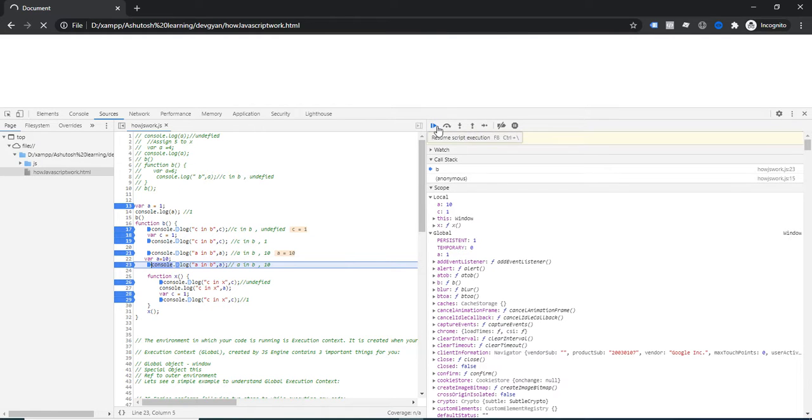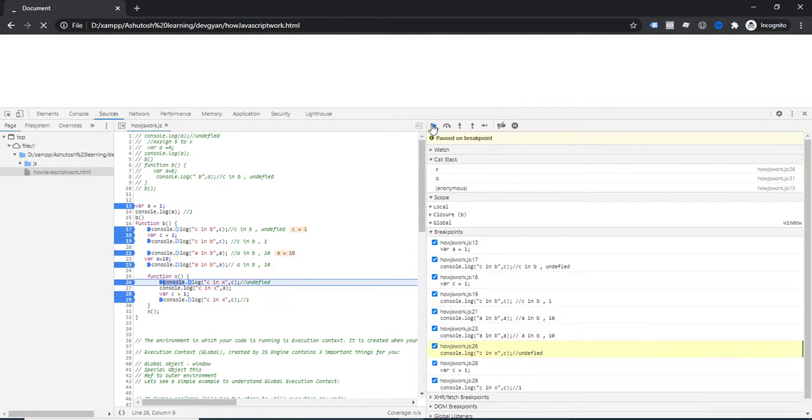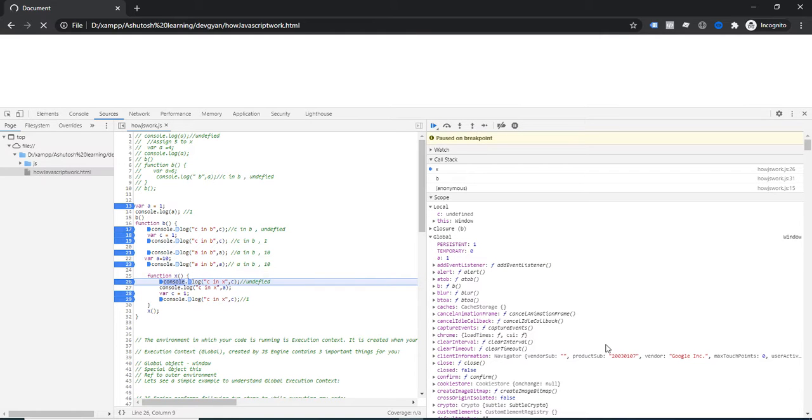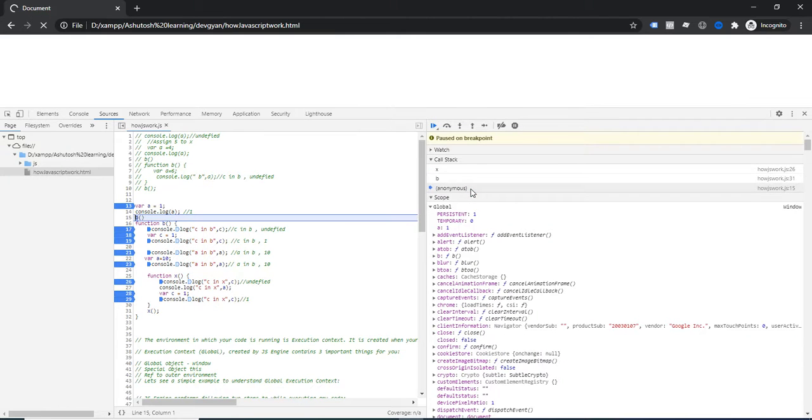And again I am resuming the script execution, and here you can notice that line number 31 is executed. If you click here on anonymous, you can notice that at line number 15 it's waiting to execute the function, then it will move forward.